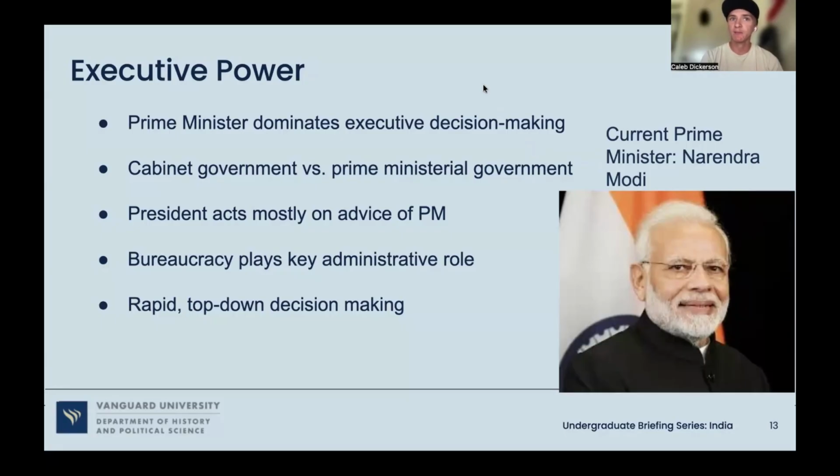To draw a comparison, we see this kind of divisive executive action in the United States with executive orders. We've seen a lot of that recently under Donald Trump. However, the key difference is that in the US, executive actions are more likely to face immediate legal challenges or resistance from Congress, whereas in India, a strong parliamentary majority can allow the executive to just push the policy through.